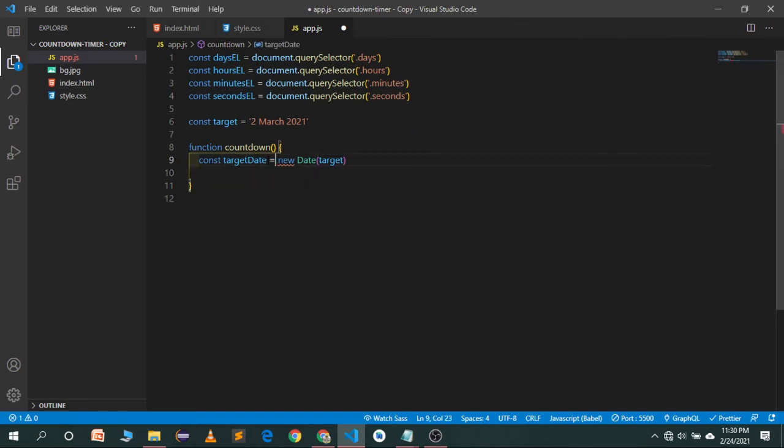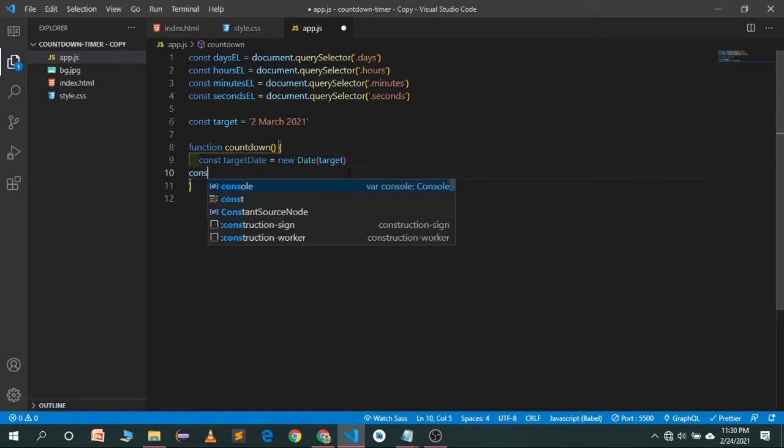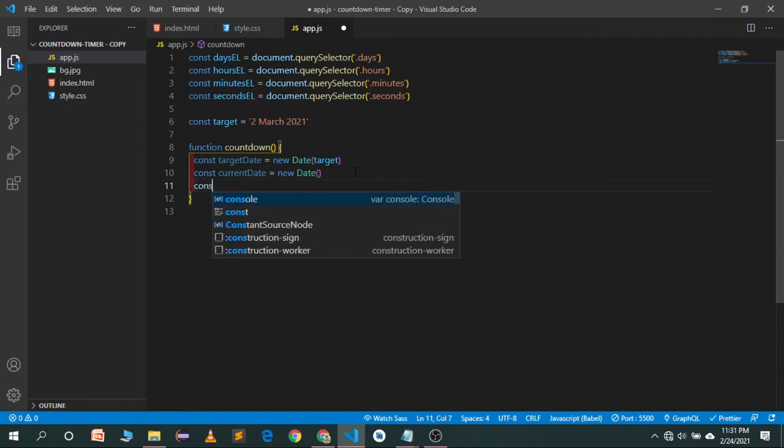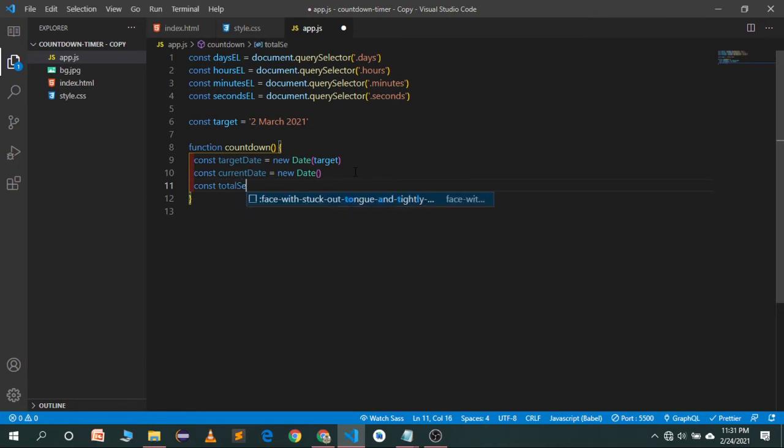Oops, we have to give an equal sign, and here we will have a const current date, which will be new Date with the parentheses. So let's save this one, and now we have a current date and a target date. We want to get the total seconds, const total seconds.